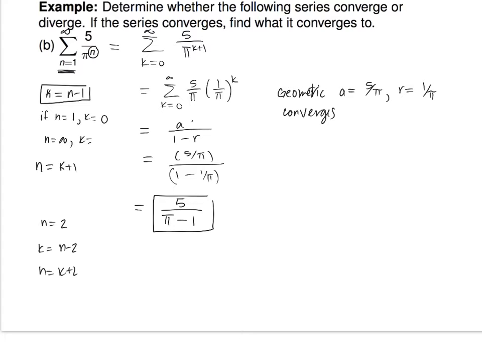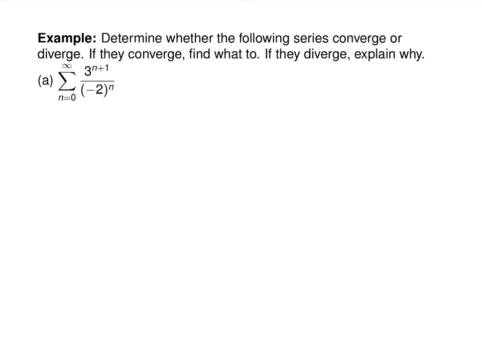Okay. Here we go with this one. Whew, starts at 0. So this one, you got to pull it apart a little bit and find the a and find the r. Oh, exponent rules. Algebra 1, how we love you. So I think this is 3 times negative 3 over 2 to the n power, right?